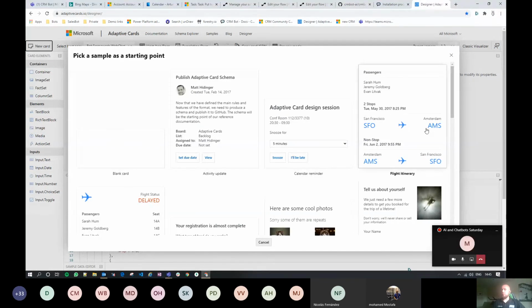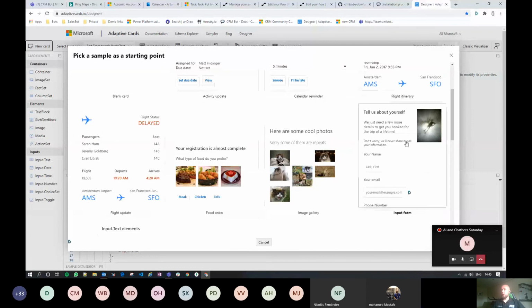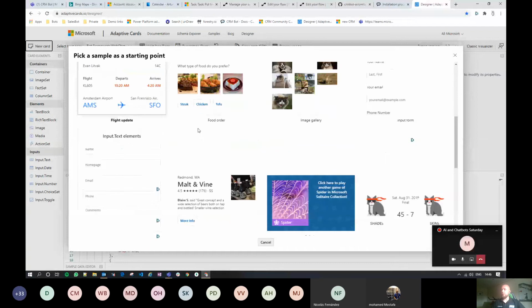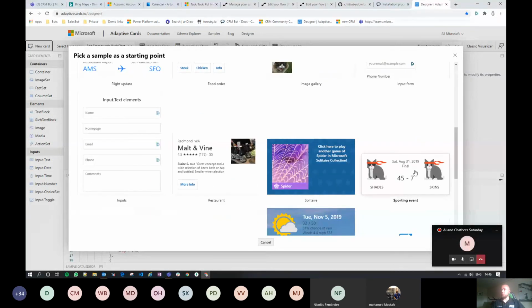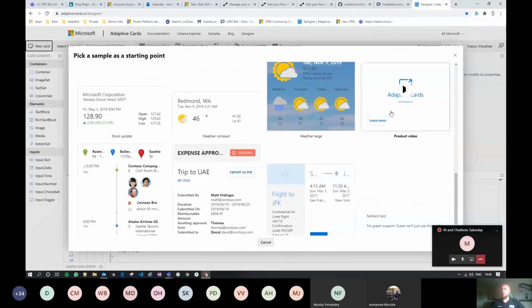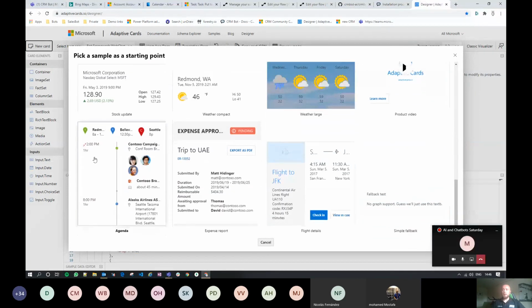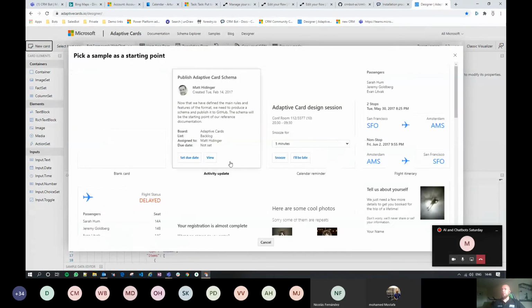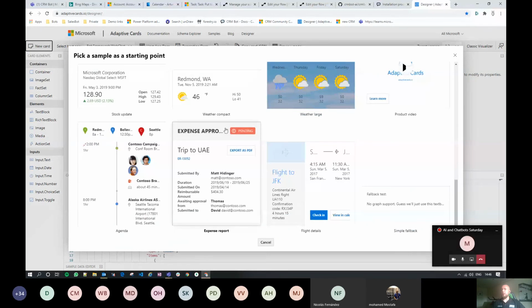So let's say you've got a flight itinerary as an example. You've got menu choices for your restaurant, flights, for whatever reason, Microsoft is obsessed with flying. You've got scores for your team, reviews and restaurant reviews. You've got weather, you've got video, you've got this calendar agenda. So imagine that you've got a chatbot, you can extend the My Diary to build something that looks like this, relatively straightforward.